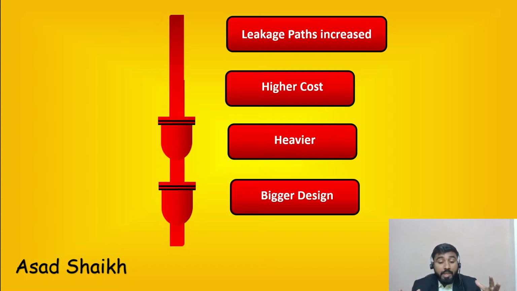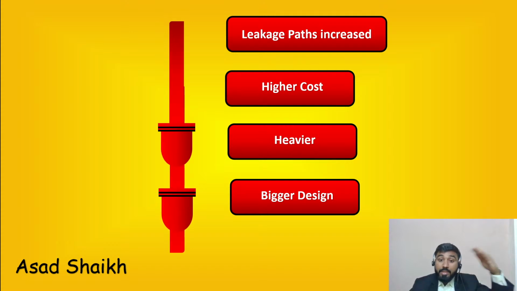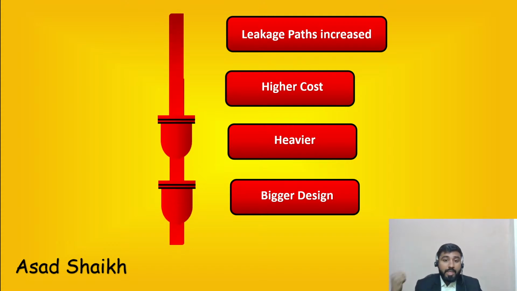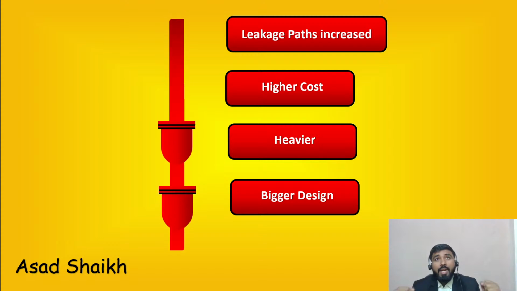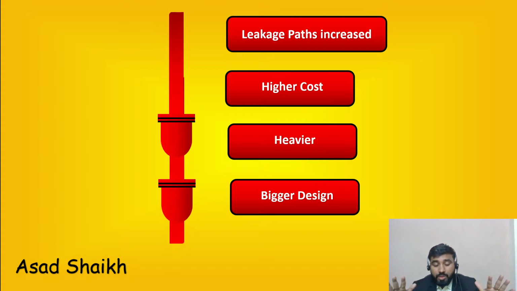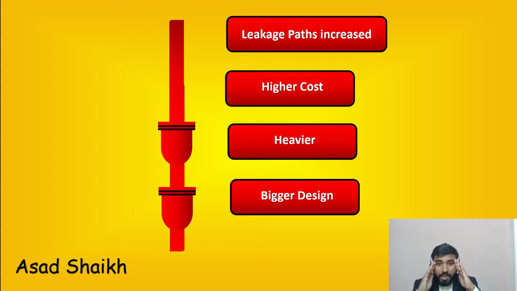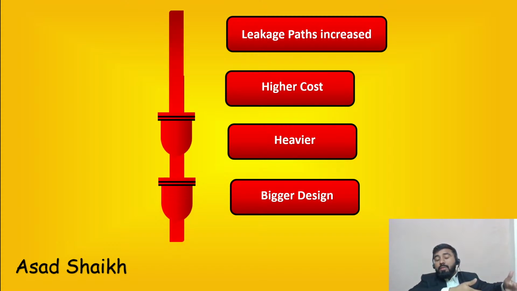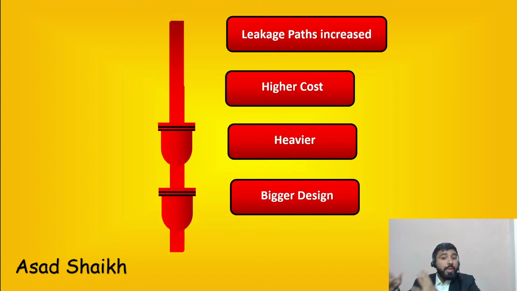Then this bigger design also has to be accommodated. Again, that becomes difficult for the size to be available in the plant, and for the clearance to be available to remove the valve out, etc. So all of these factors were actually an issue, and up till the 1960s engineers had no solution. So it was very clear for them at that point of time: if it's a low DP application, I go for a single port valve. If it's heavier or high DP applications, I will go for a dual ported design.